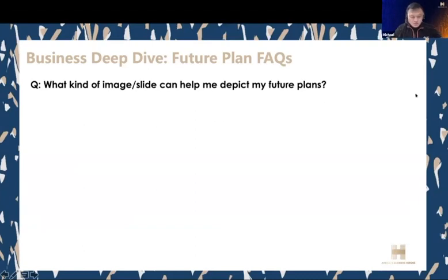For the future plan, it's very important to have a goal, no matter if it's a 5 year or 10 year goal. For this goal, it's important to be quantifiable, so you need to have numbers or percentages in it. For example, percentage of market you're trying to acquire or number of users you're trying to acquire.